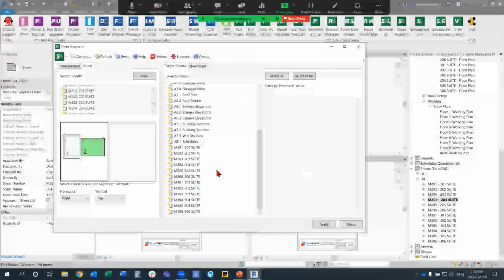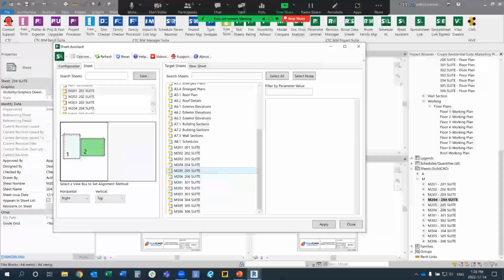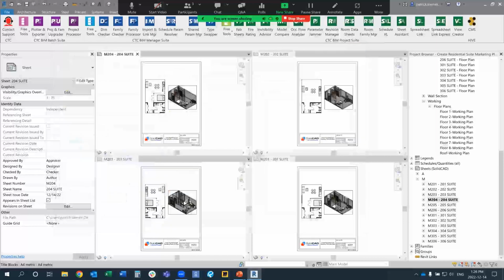And then when I come back here, we have just the Sheet Assistant tool. So with this, starting from the room data sheets, we can quickly create our suite plans or marketing plans utilizing the room data sheets tool. You could apply view templates. You could apply orientation of where you want your views to be placed. You could have multiple views being created, floor plans, ceiling plans,